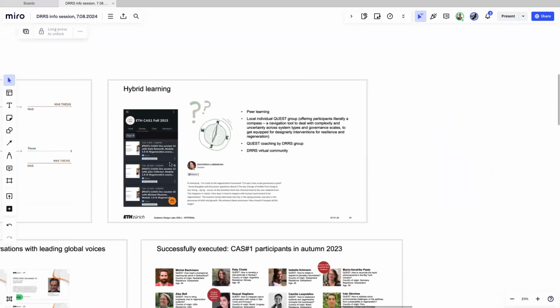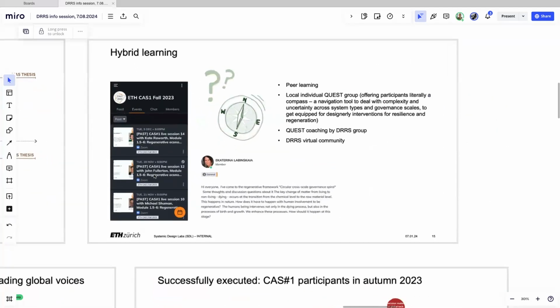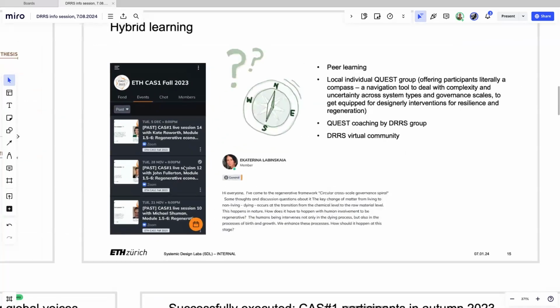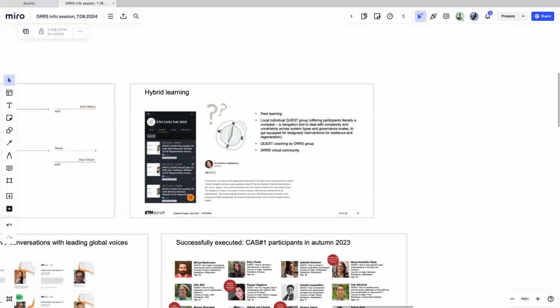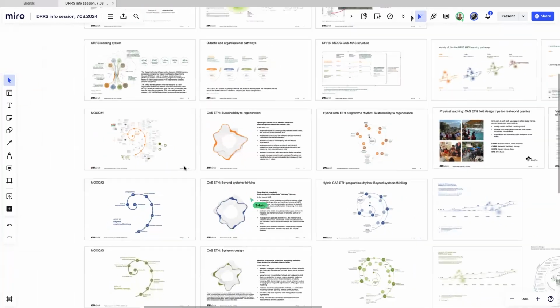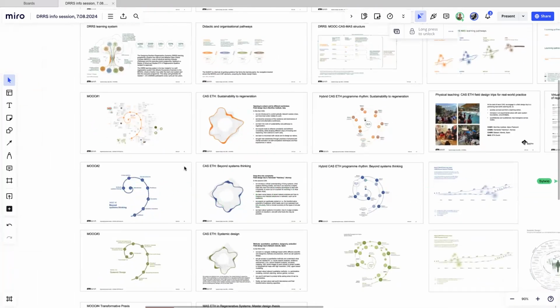We're going more into details on hybrid learning, which Sylvia mentioned. We have the MOOCs, which are self-paced, virtual, online, and can be taken anytime, anywhere. We have the CAS with live conversations. You can see here, for example, one with Kate Raworth, where we invite specific experts, and we have the field design trip, and obviously also different engagement. That's super cool. Now we're going a bit into the 3 CAS, and obviously focus on CAS number 3 because that's coming up. But still, for someone who is new in this program, just a quick recap of these 3 colors.